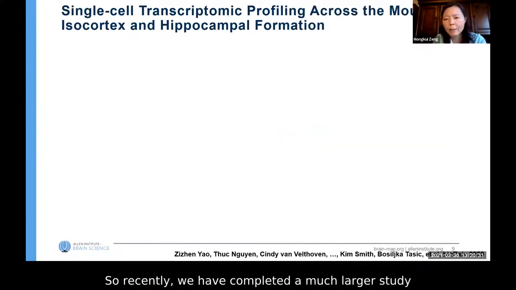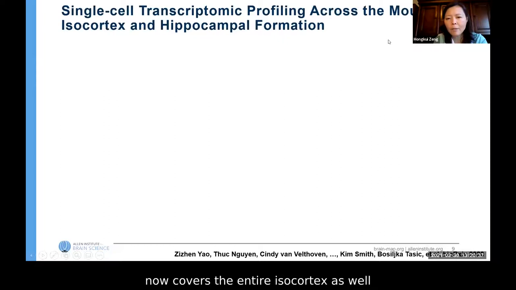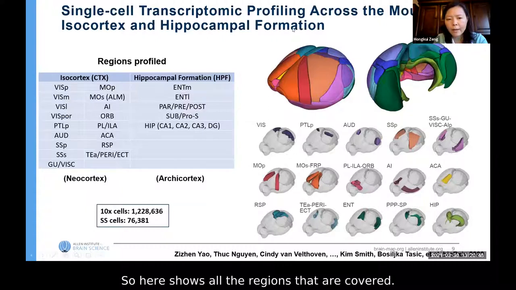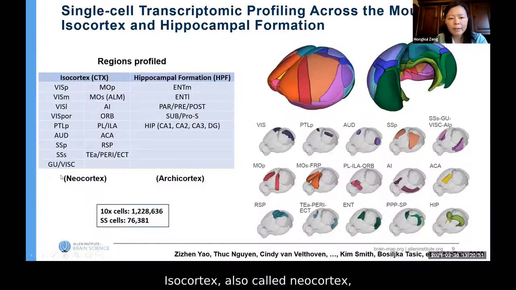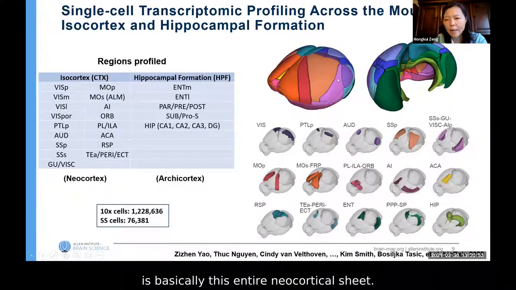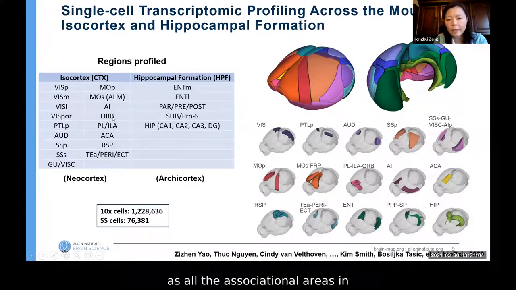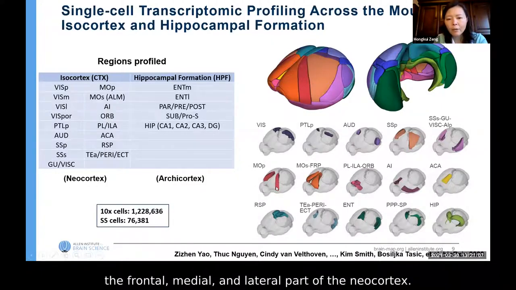Recently, we have completed a much larger study of single-cell transcriptomics that now covers the entire isocortex as well as the neighboring hippocampal formation region. Here are all the regions that are covered. The isocortex, also called neocortex, is basically this entire neocortical sheet. We profiled all the sensory areas and motor areas, as well as all the associational areas in the frontal, medial, and lateral part of